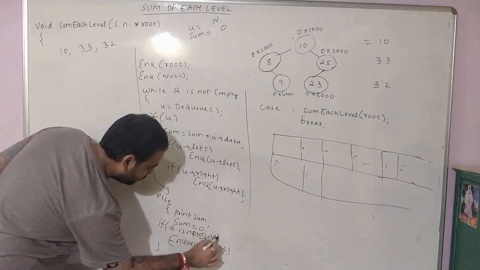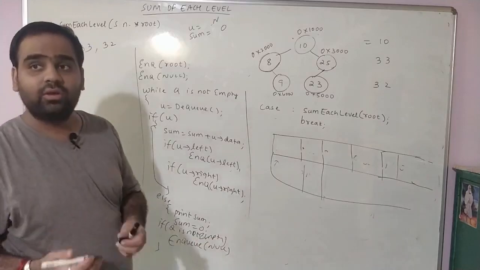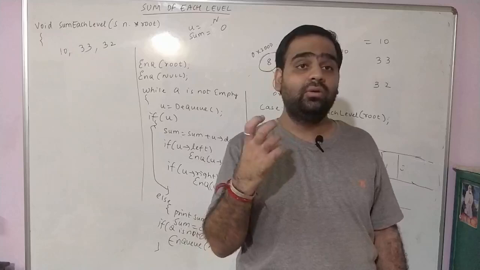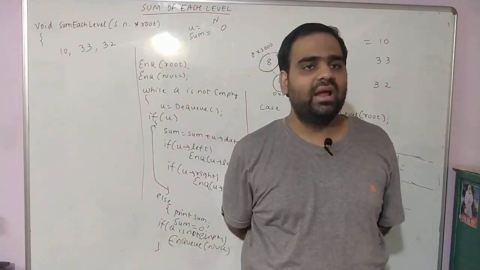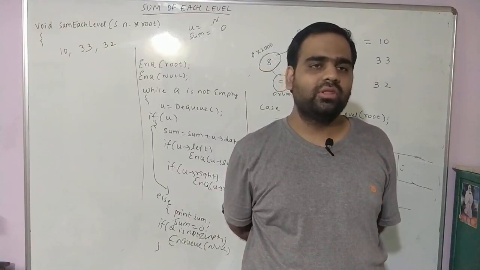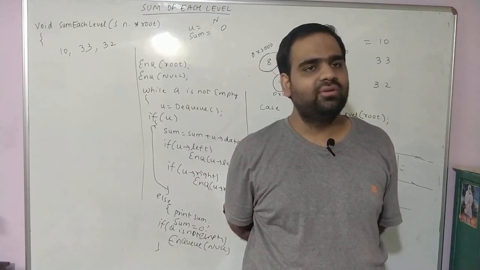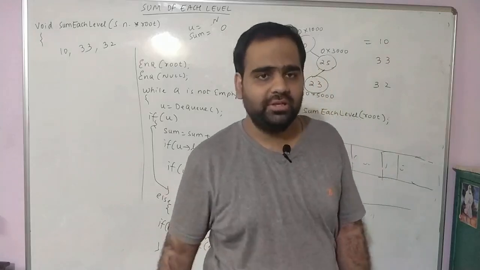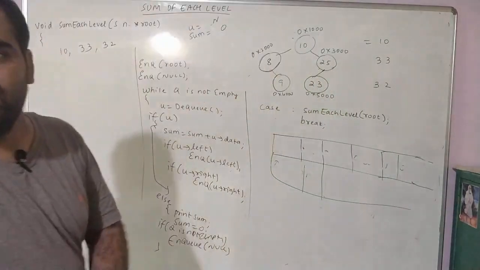This step of the algorithm should be done only if the queue is not empty. If the queue is empty, we do not enqueue the null over there, and this will mark the completion of the algorithm. Please copy down this algorithm, then try to write the code yourself. Then I will show how you write the program for it. Please try it before I give the solution.